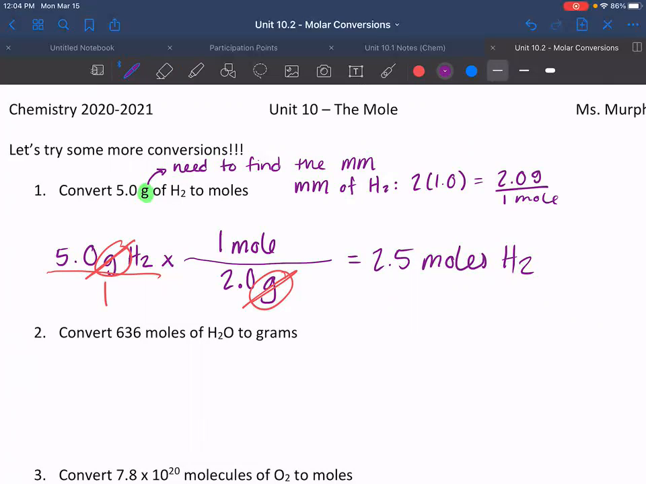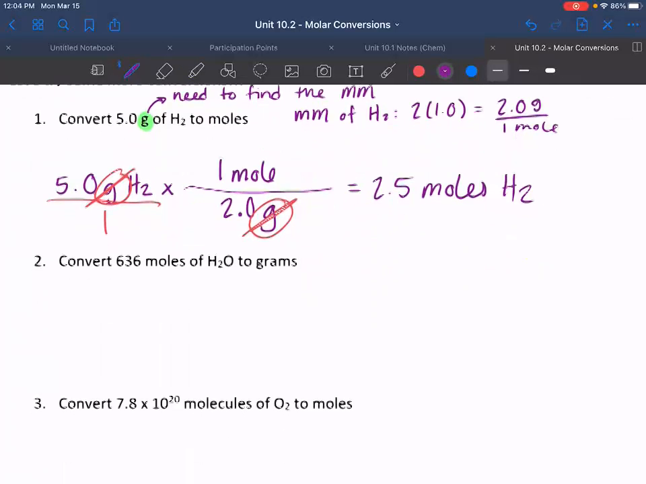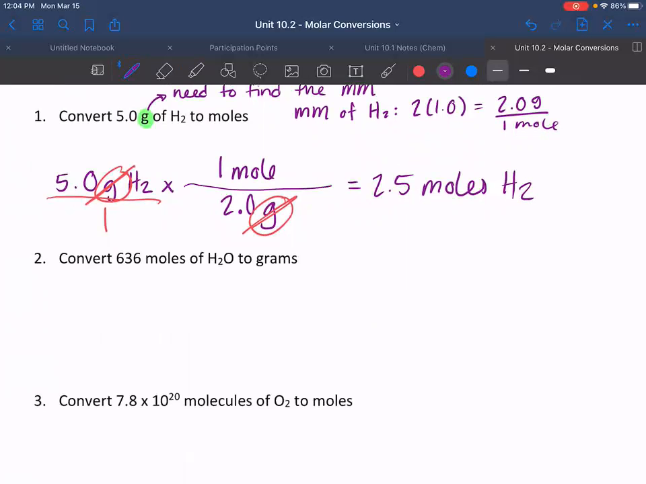Now, another way I want you guys to think about it, if you have trouble deciding which way to put your conversion factor, what I say to myself is target on top. What is your target unit for number 1? Moles. Put the target unit on the top of the fraction. We put moles on top, therefore grams goes on the bottom. This is another way to think about it. So number 2,